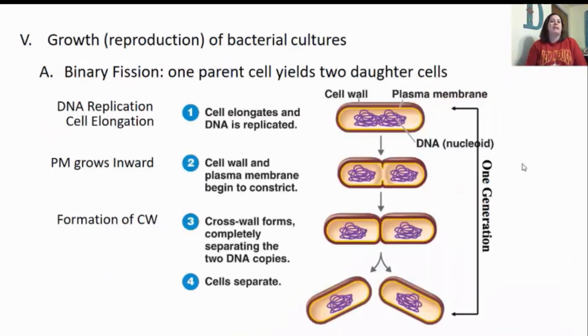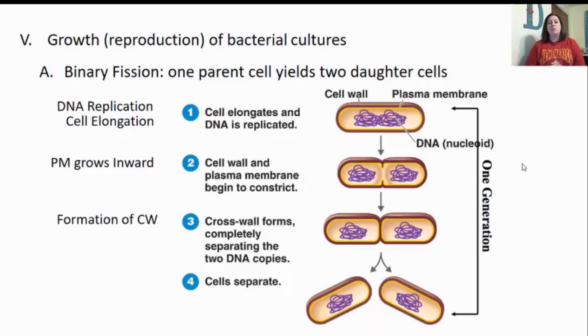So how does this bacteria grow? When we're looking here, remember we're looking at its growth as in not its size, but in its number. So this is actually looking more at reproduction of bacterial cultures. The reproduction of a bacteria is called binary fission because it does not contain a nucleus. This is where one parent cell is going to divide and yield us 2 daughter cells. These daughter cells are going to be genetically the same.